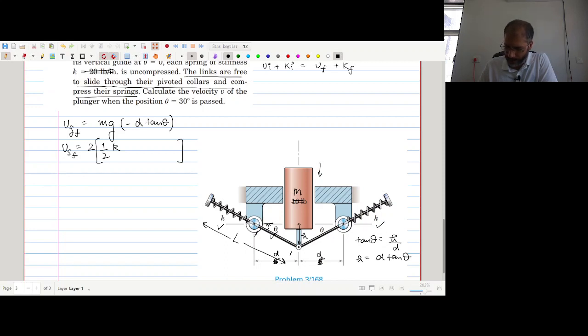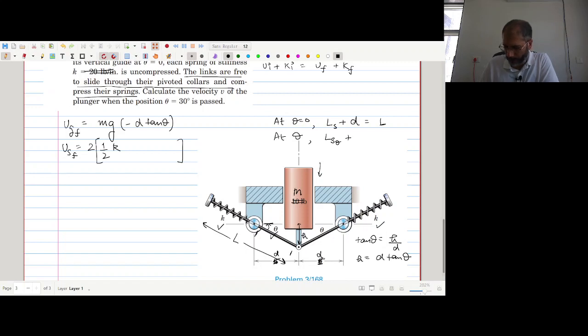Initially the length of the rod is fixed, that is L, and when theta was 0, that is the equilibrium position, the length of the spring plus d was equal to the total length of the rod. So when theta is some general theta, we have the length of the spring at that theta,